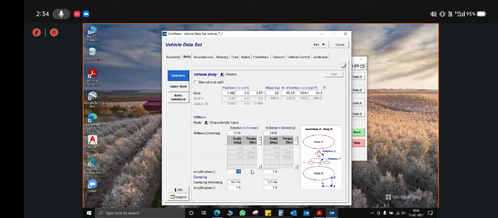If I change the amplification to 1.5, then during simulation CarMaker will consider the torsional stiffness of this body as 1500 into 1.5. The bending stiffness will be the same because I have put the amplification as 1.0. So this can be used for reverse engineering, to optimize any particular subsystem.